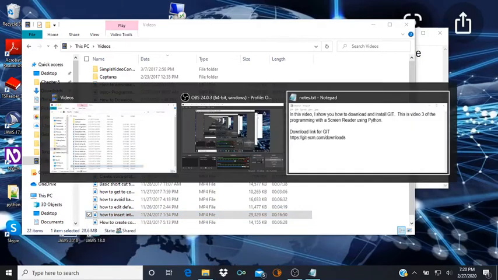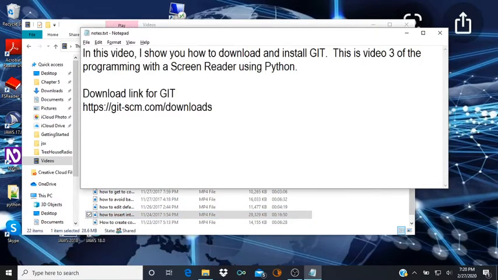One more thing to note is that from now on in each video, I'll have my screen reader turned off until it's necessary to have it on. Once I start writing on the command line or we actually start typing up code, I'll make sure to have it on so you can get that feedback. So let me get the link,